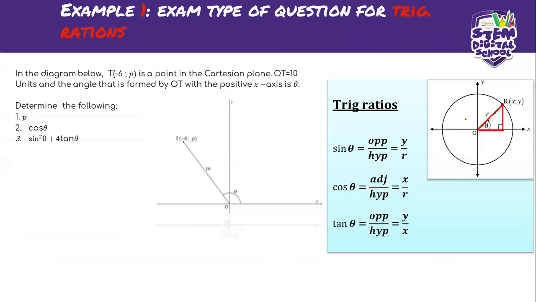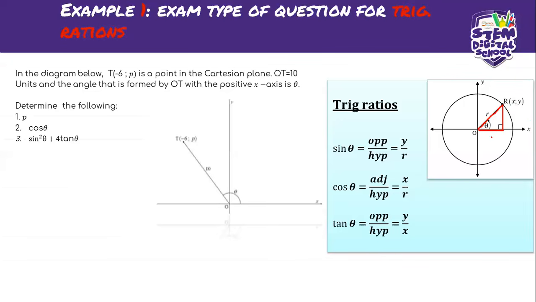If this diagram was on the second quadrant, we can see that X is negative in this quadrant, and Y is positive. In the third quadrant, both of them are negative. X is negative, Y is negative, right? So hence I'm saying R will always be positive, but as for X and Y, their signs will change depending on the quadrant